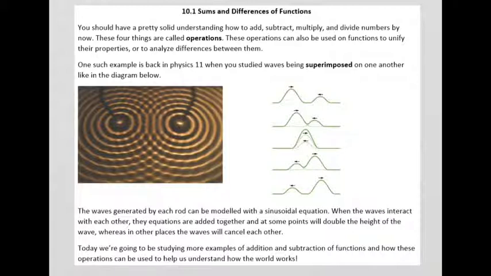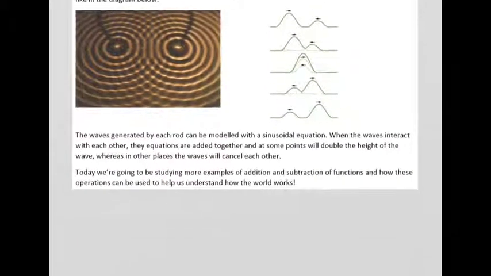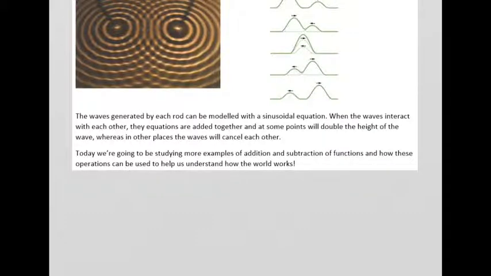And if you had a crest and a trough of equal amplitude, they would cancel each other at the point of collision, right? That's the law of superposition. And really, what's happening there mathematically is the sinusoidal equation of one wave and the sinusoidal equation of the other wave at that point either cancel each other or double each other's amplitude, depending on what kind of wave is coming in, right? So mathematically, what's happening is you're having an addition of 2 functions, and that's creating some kind of net result, okay? So today we're going to be studying more examples of phenomena like that,